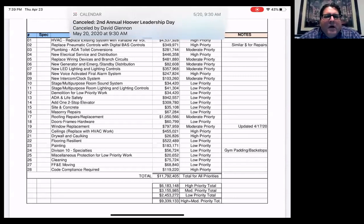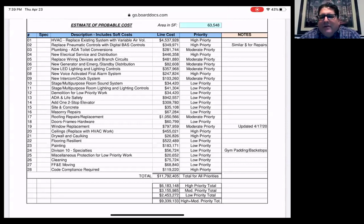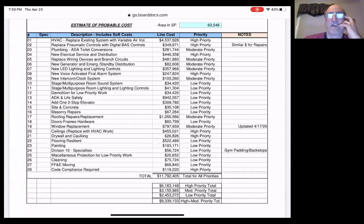Yes. When we replace the HVAC system and we have to tear everything out, really everything goes. Whole system, boiler, chiller, piping, everything. So the pneumatic controls go on top of that. Yes. Okay. And what you're seeing there,